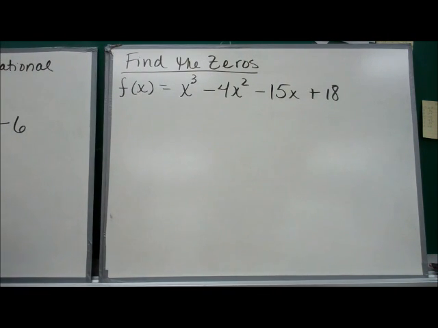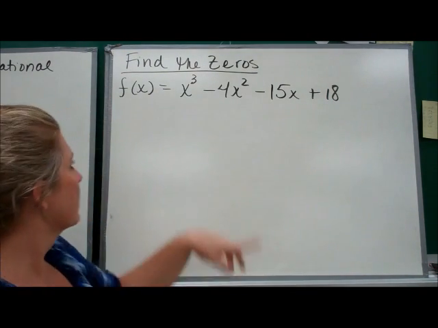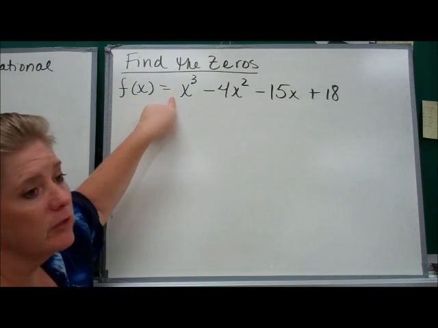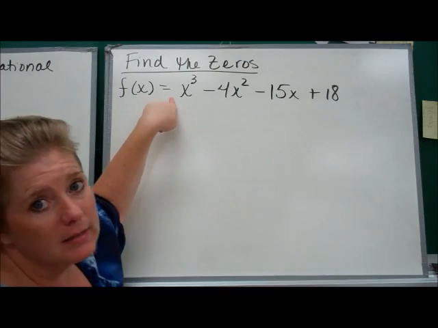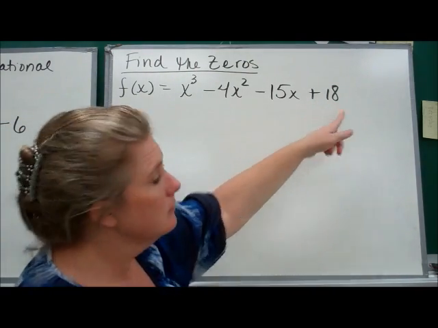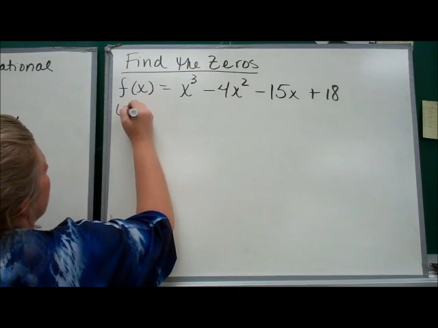Alright, so now we're going to use it to find the actual zeros or roots of this function. What's nice is your leading coefficient is 1. If your leading coefficient is 1, then your possible rational roots are just going to be the factors of this. So that's where you start. Okay, you start by listing